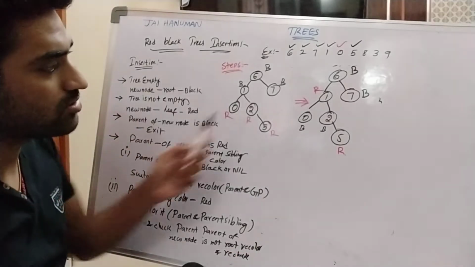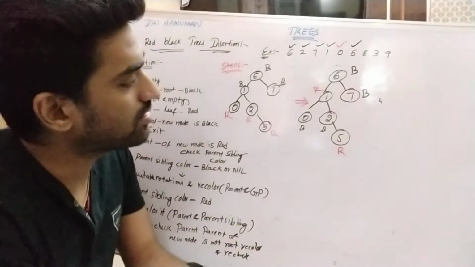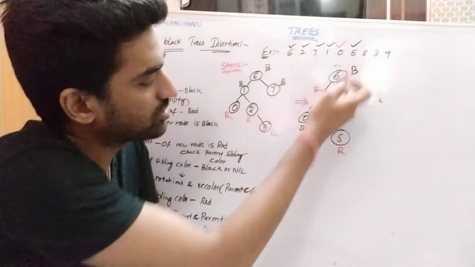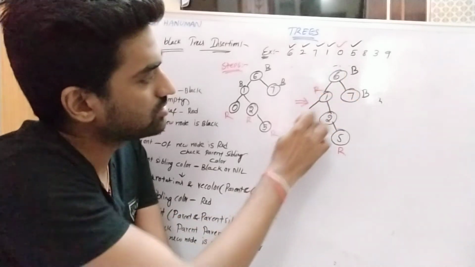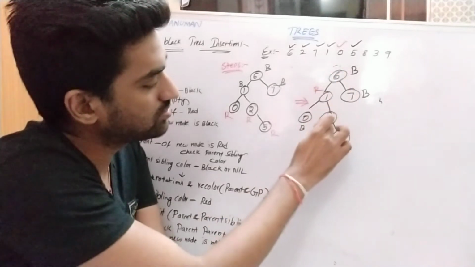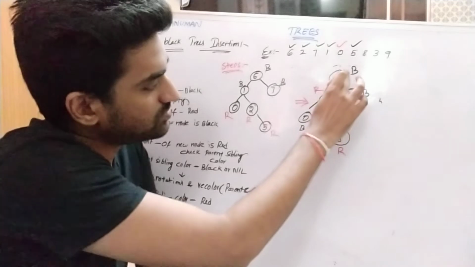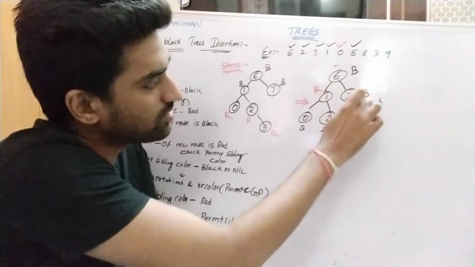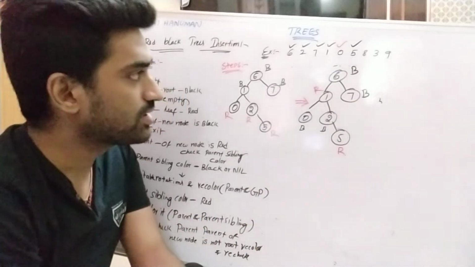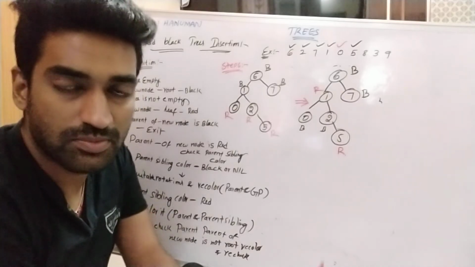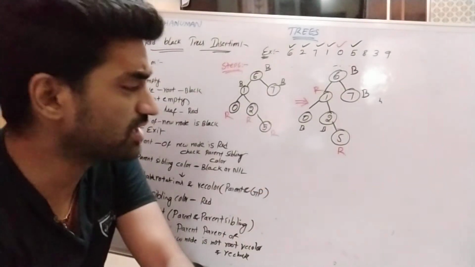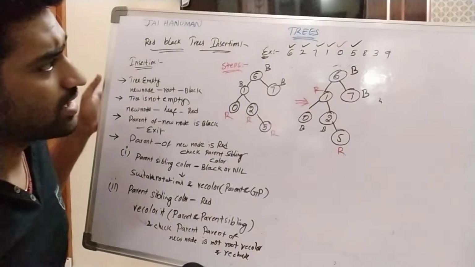Right? So here now check whether the tree is a red black tree or not. It satisfies all the properties. No RR conflict. 1, 2, 3 on every path. So all paths have an equal number of black nodes from the root node to the leaf node, right? So here 5 is inserted.